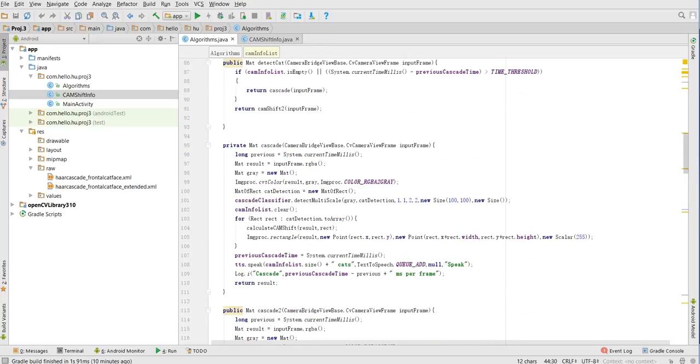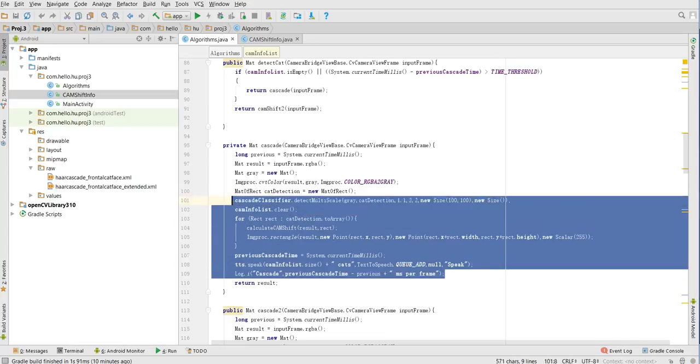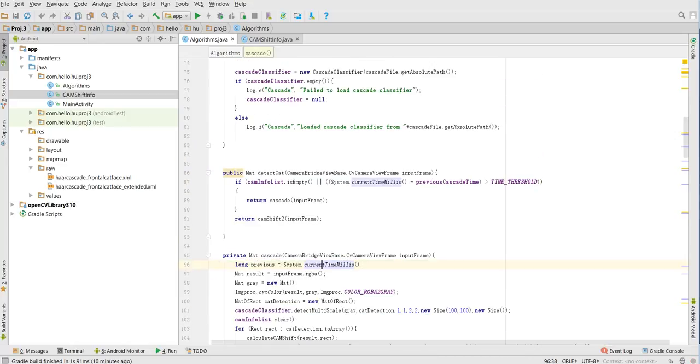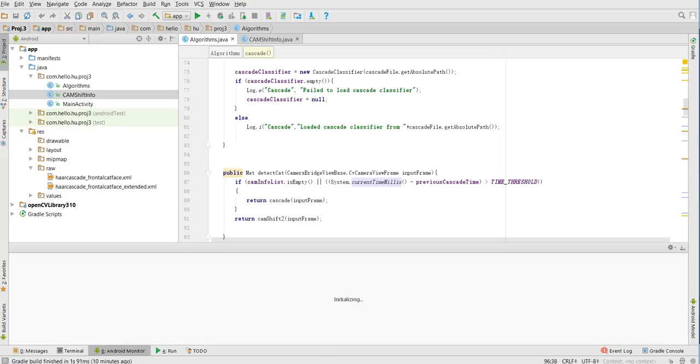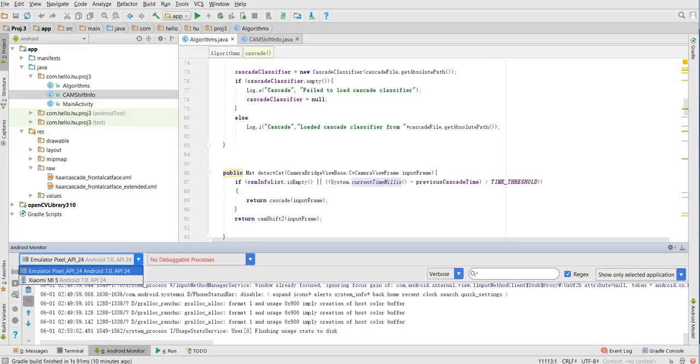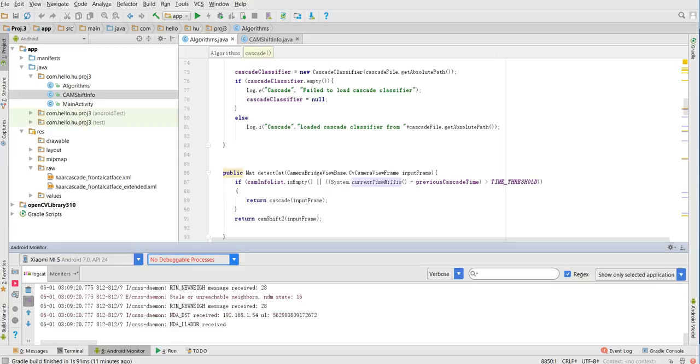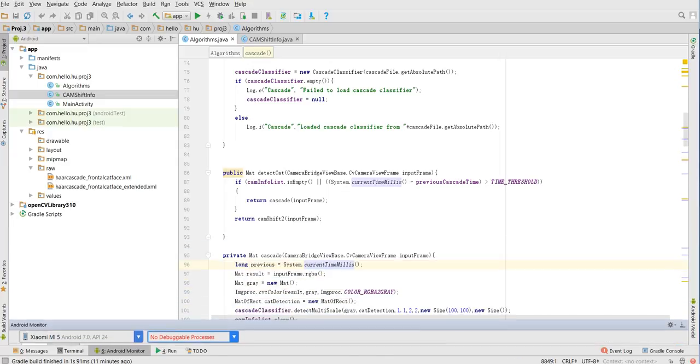And let's go back here. So that is one frame of cascade. After that, let's see the Android monitor, if there is something I can see or not. Just say as I record,